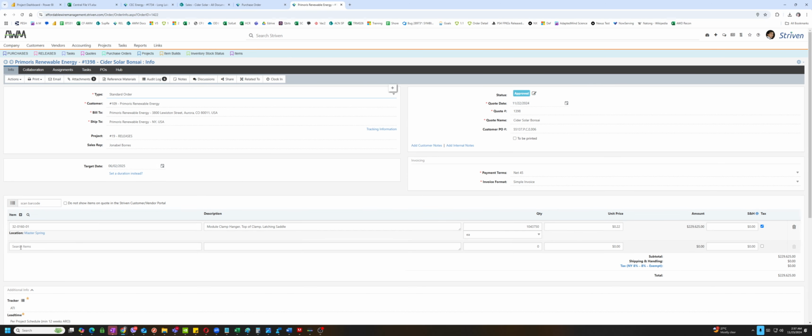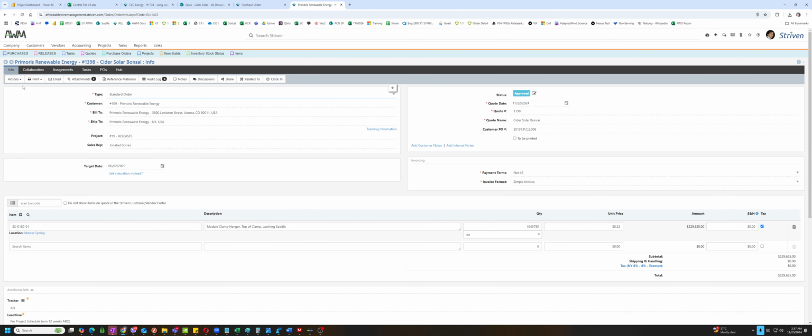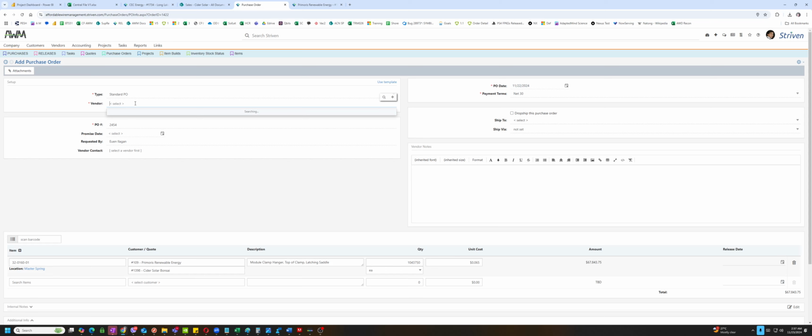So as you can see, one hint of the supplier we're going to use is the location here, Master Spring. So in the purchase order, we did this action, create purchase order. This is the landing page. Vendor is Master Spring.